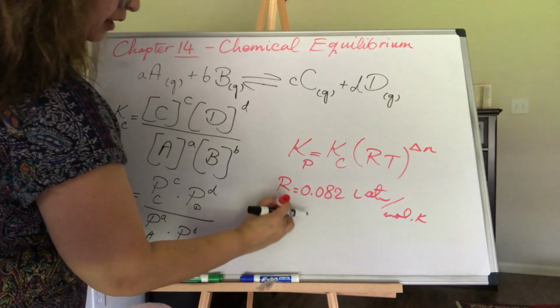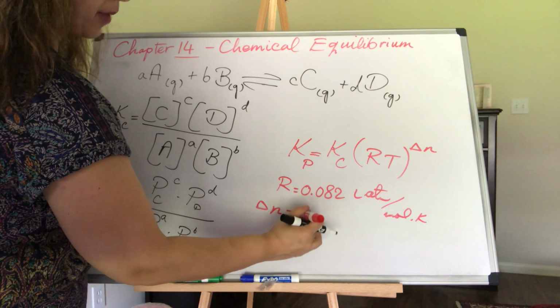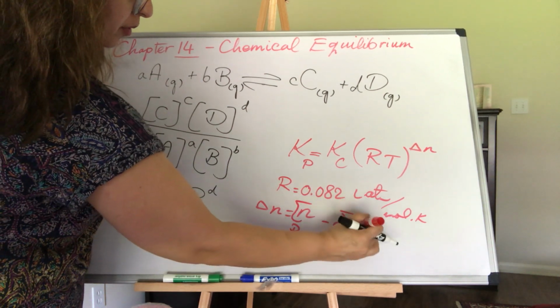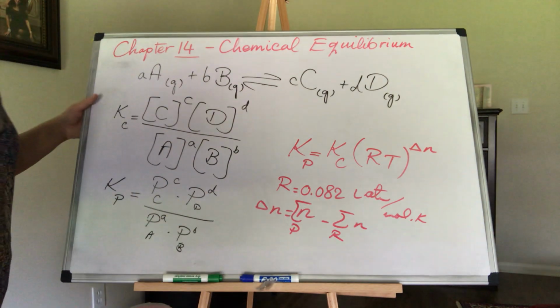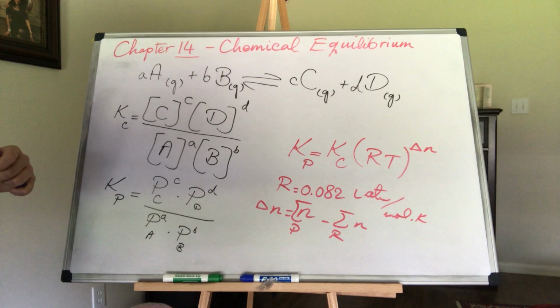And delta N is the sum of number of moles of products minus the sum of the number of moles of reactants between the two different sides. Now,